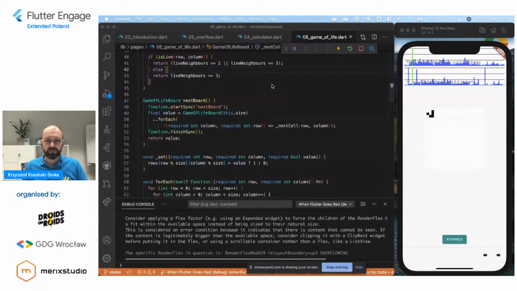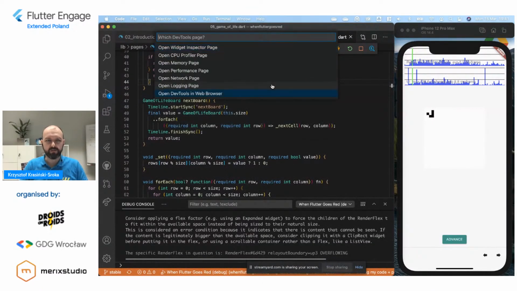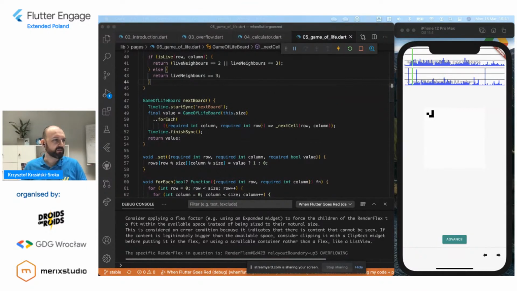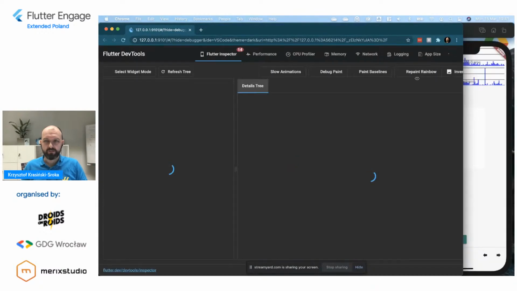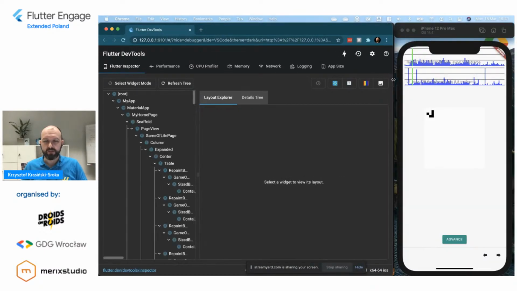Okay, I'm closing the old one. I'm launching the DevTools in the browser again. And DevTools is a lot of things.